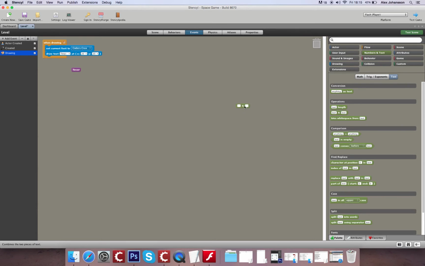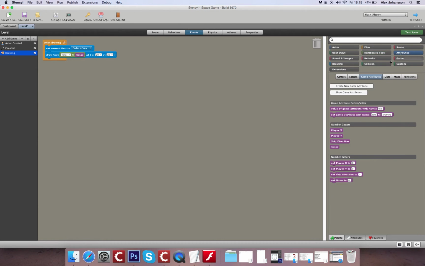So it's like two chunks of text can be combined. So for example, the timer and the word timer next to it, or I'll do time because it sounds better. And now it should display